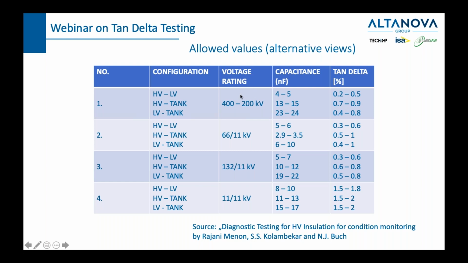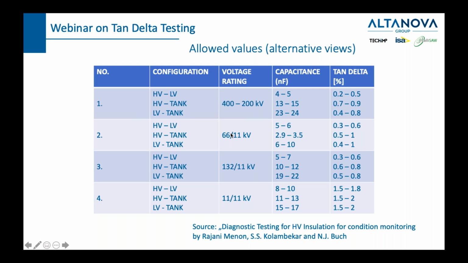And another thing, when we measure tan delta, we also measure, as we said, the capacitance. We measure three parameters. We measure the capacitance between the high voltage and the low voltage winding, the high voltage winding and the tank, and the low voltage winding and the tank. And we can see that the high voltage, low voltage in this case, this case, this case, and this case have to have the lowest values. So high voltage, low voltage is the most important insulation. And you see that in the first case it is between 0.2 and 0.5,